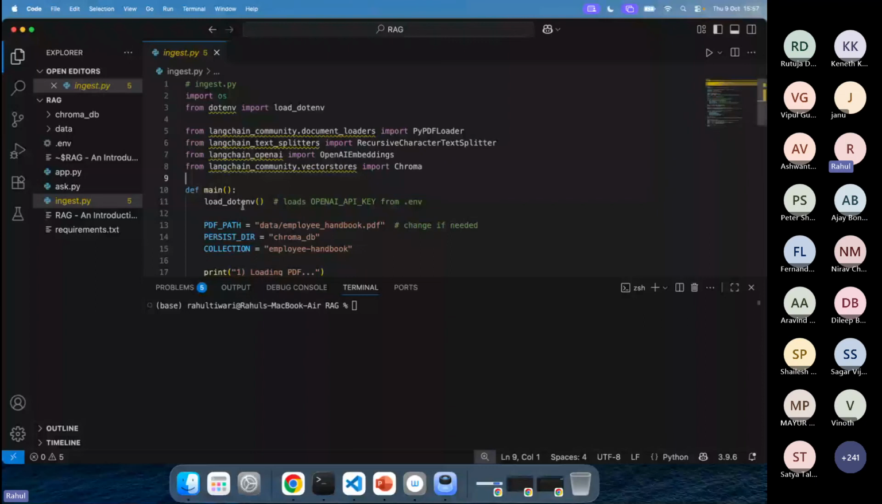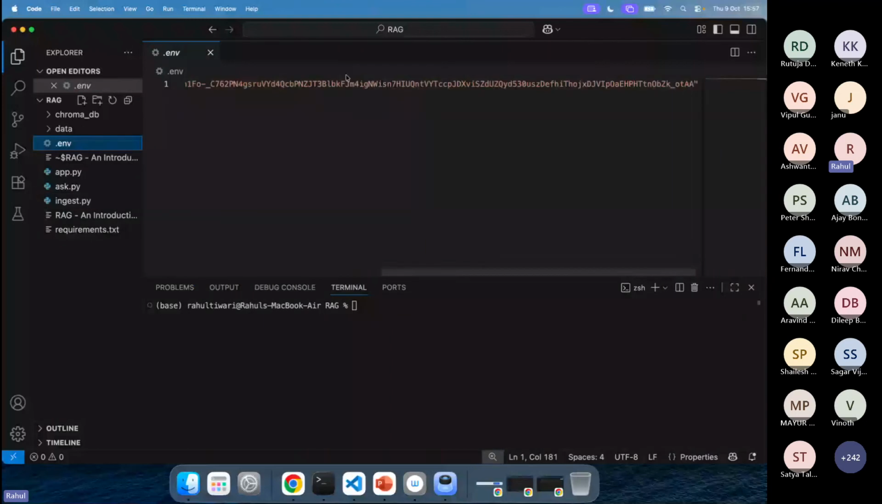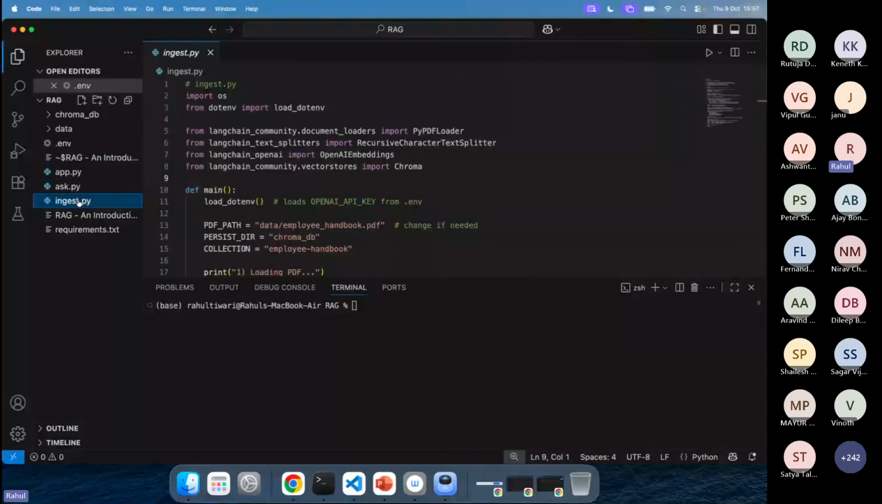So here you can see we are loading the environment file. This is my environment file where my API key is present. This is my API key coming from OpenAI. It's a paid thing. Basically, it's something like a prepaid type of concept. As per the usage, they will charge, right? If you want the key, you can create your account on this website,